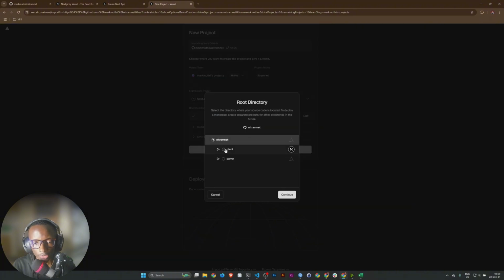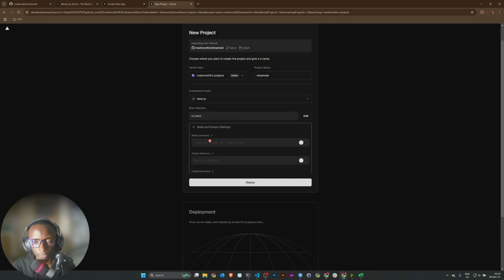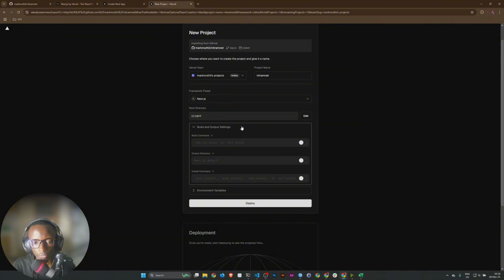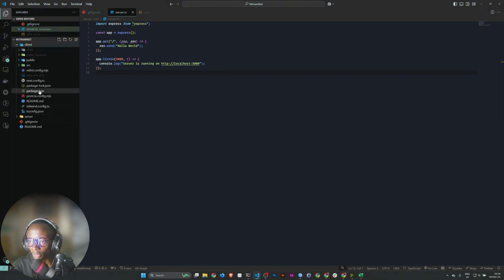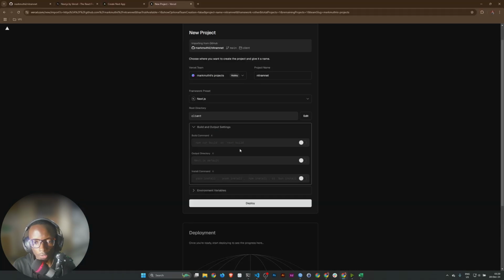And I'll edit the root directory to client. I don't think I need to update anything here. Let me confirm. Can always confirm the dev script. The build is next build, so that's what's indicated here by default. Because it's Next.js, it will just understand the commands that it needs to run.